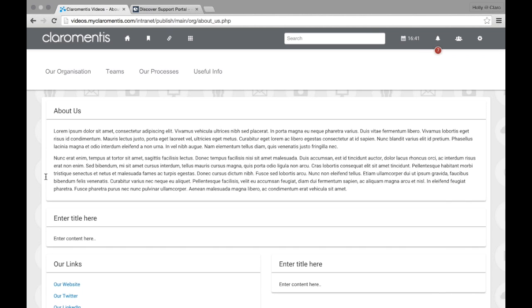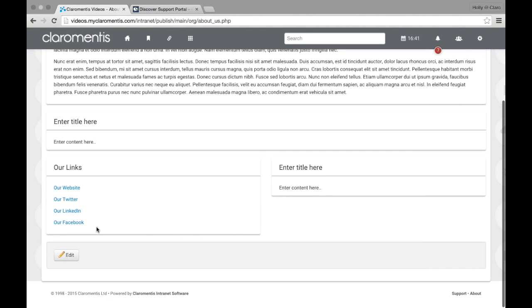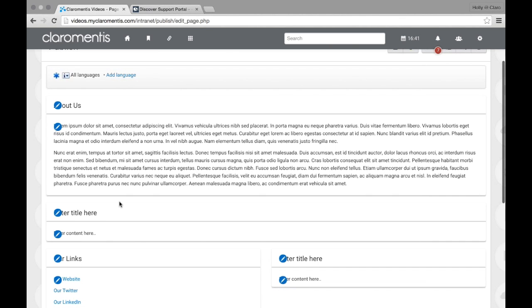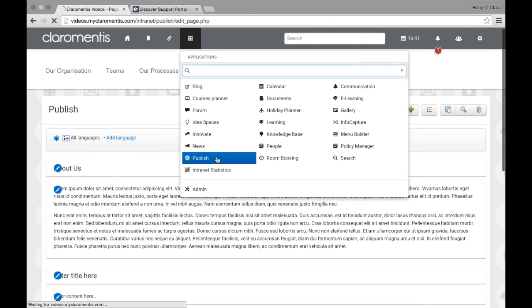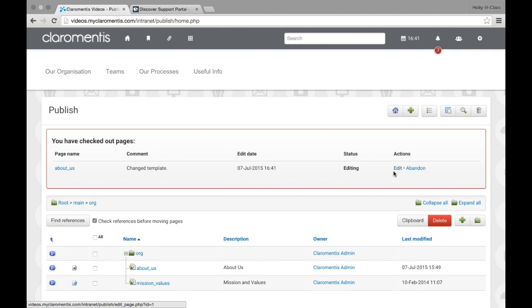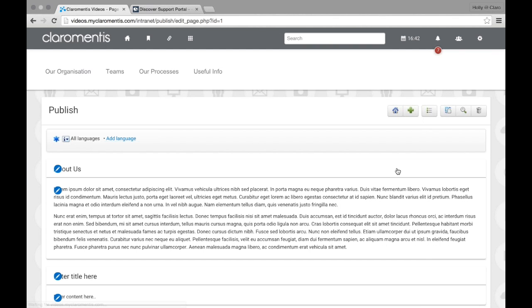Now, there are two levels, like I said, to playing around with Publish. The first one is page level editing, which is where you go into your page. At the bottom of the page, you have edit. And then from here, you can click on any of these content areas and make some changes. Also, you might go to Publish and check out the page from there as well using this little icon, etc. Now, we call this editing at page level, but there is also the ability to edit a